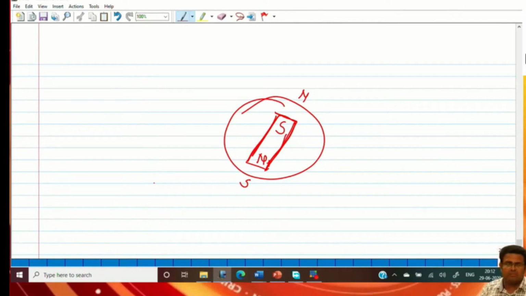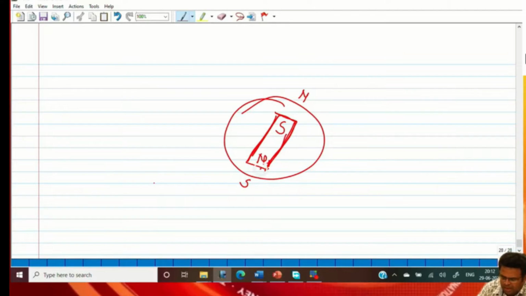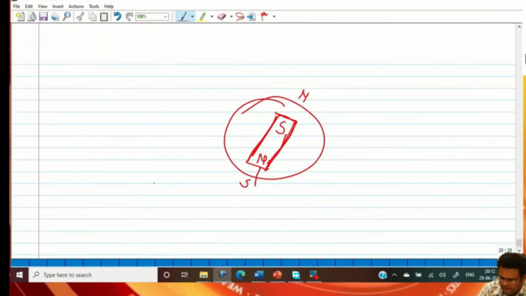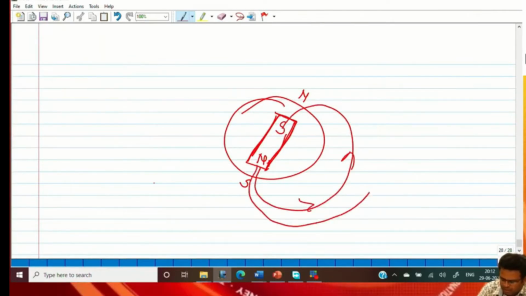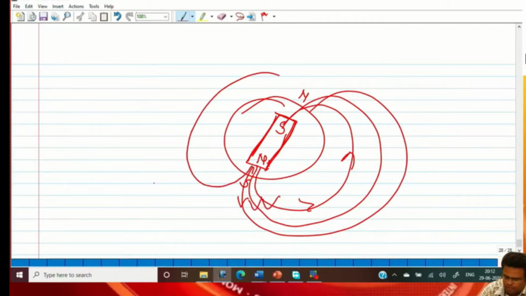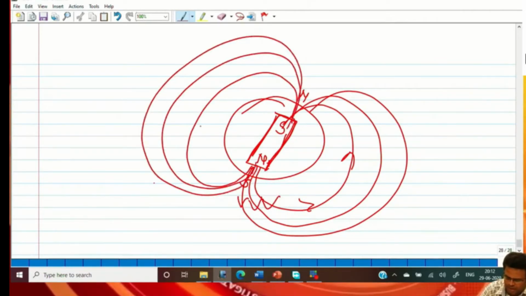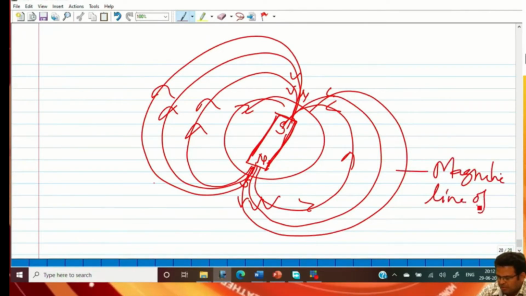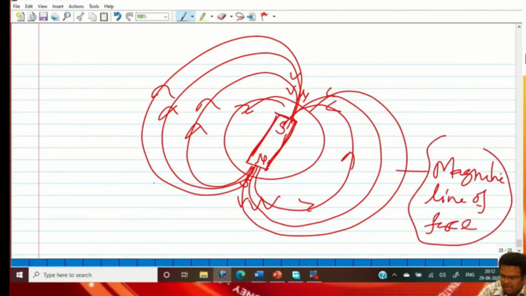So this is the imaginary magnetic bar, and from the north pole, if we have studied in class 9th or 10th, magnetic lines of force are generated, and they start from the north pole of the earth's magnet and end at the south pole of the earth's magnet. If we have seen this, yes, it is like this. So these are the magnetic lines of force,